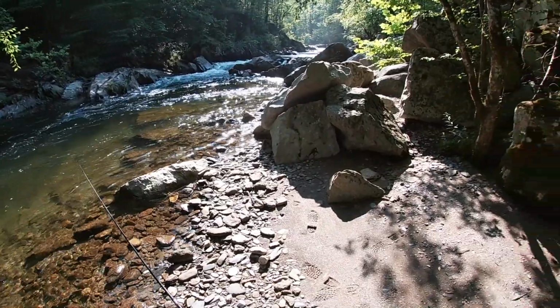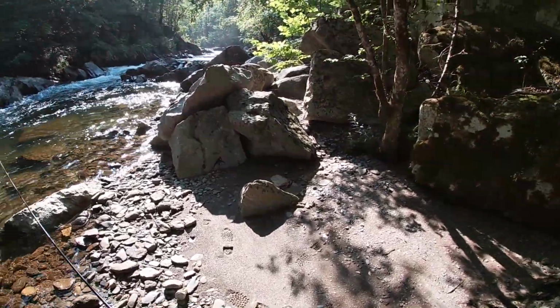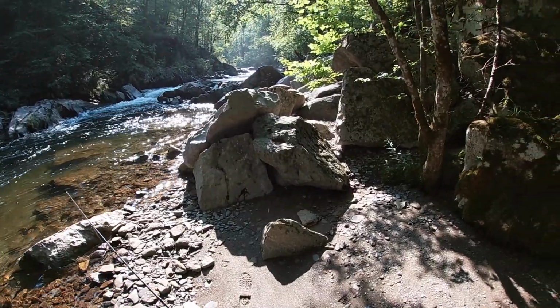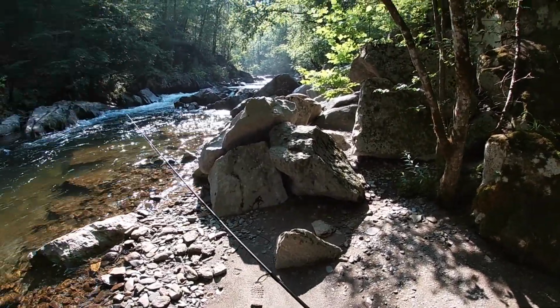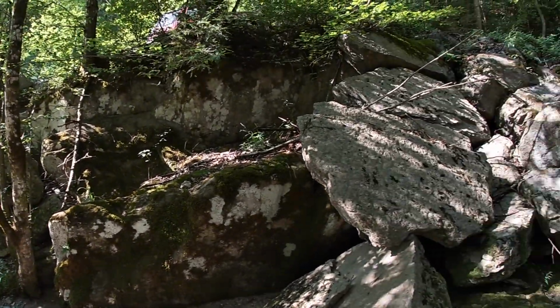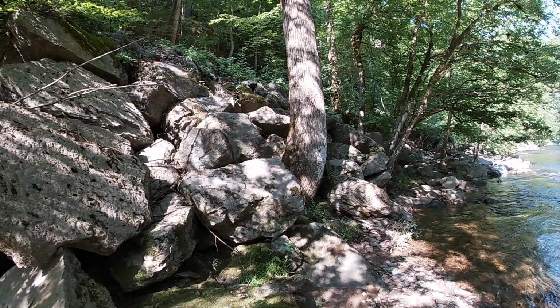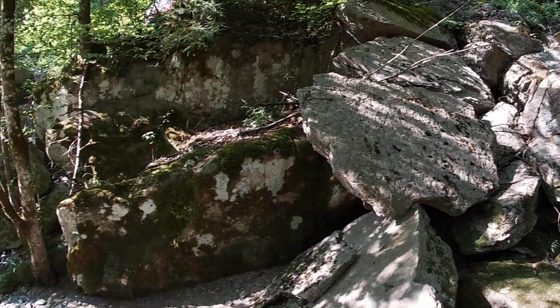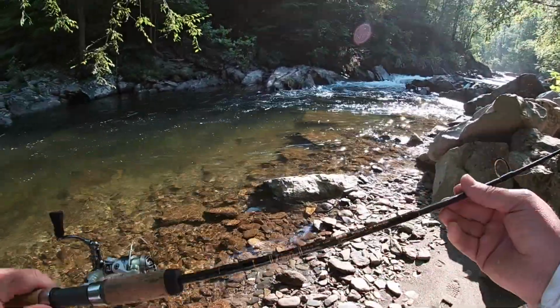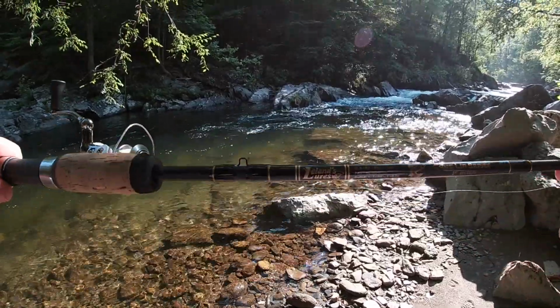I'm here at the Citico Creek up above the Citico River. As you can see, up above stream. Of course, I climbed down this big cliff. Here at my age, that's a challenge in and of itself. I'm going to start out with my Leland lures,